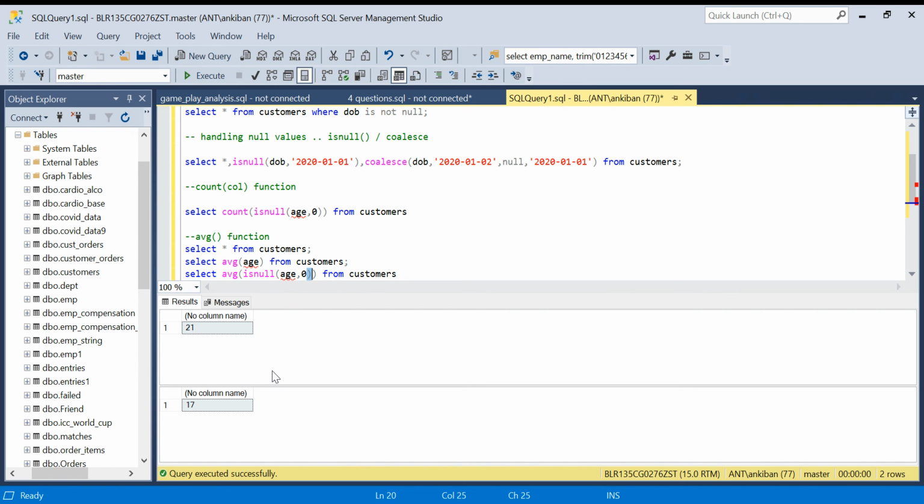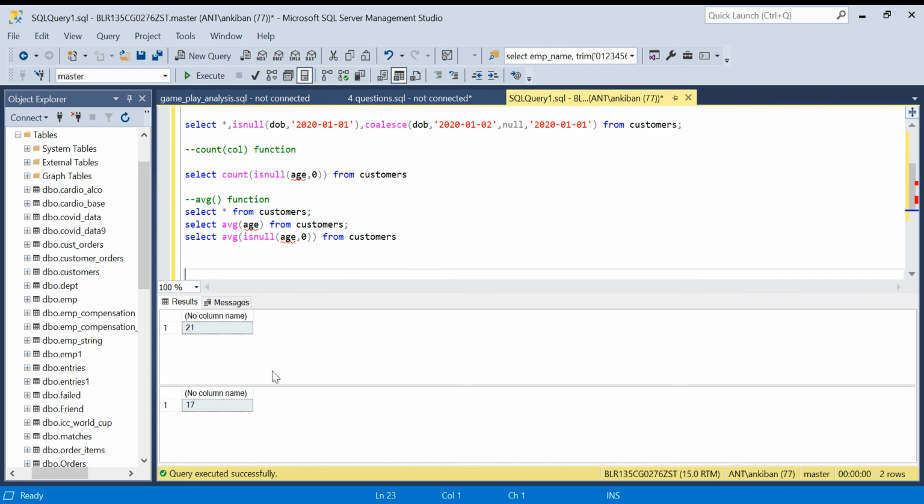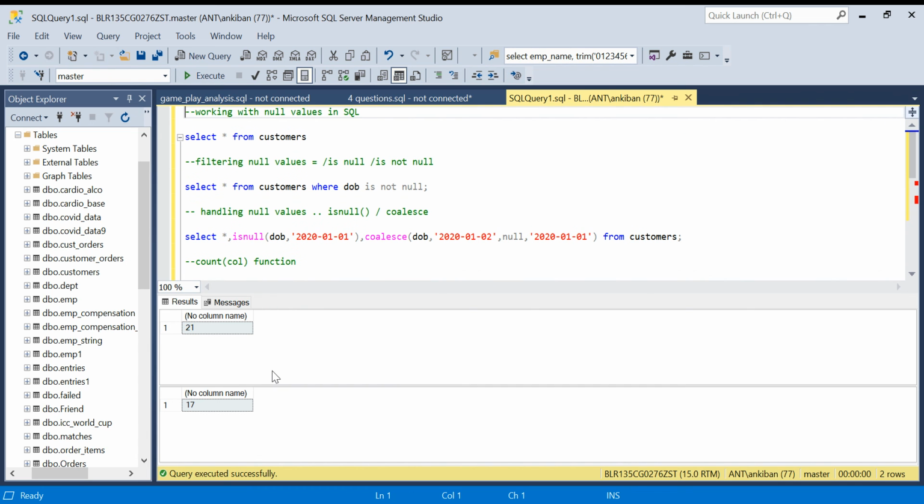Okay, so this is how the average function works. This is a very common mistake people do, and you should consider whether you want to count null values in the denominator when finding the average or not. That you have to check with business, and then accordingly you have to apply it. Otherwise there will be problems, data will be wrong. So please consider this.